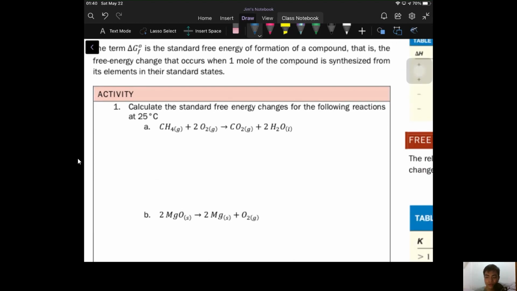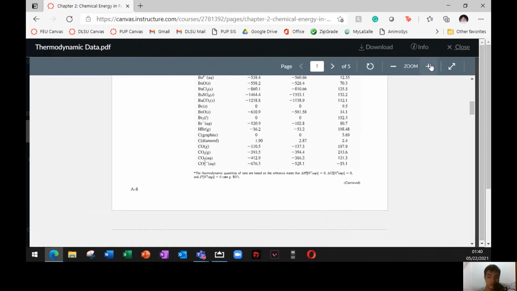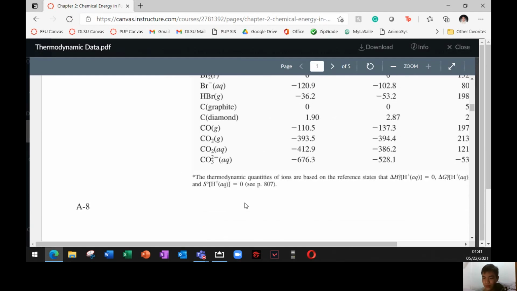Suppose we are asked to solve for the delta G of this equation. We have CH4 plus 2 oxygen gas producing CO2 and 2 water in the liquid form. As I told you last time, we can use the thermodynamic table we used last time. So we can use that dito. Let me transfer it here. Ang kailangan natin ay methane, CH4,